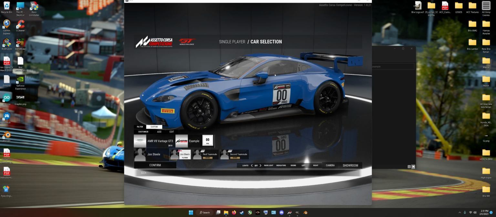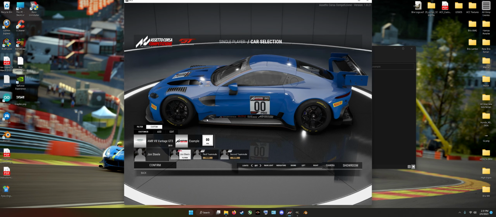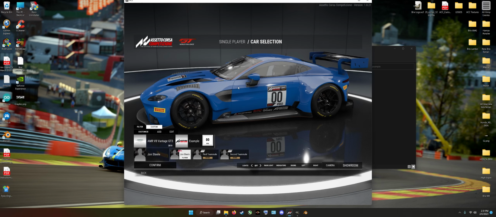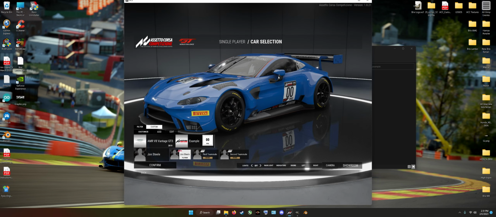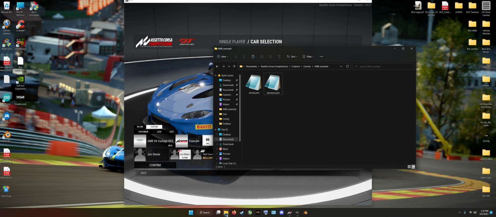Just remember that you do need to do that before you actually start running ACC. If ACC is running in the background and you change it, it won't take effect. So anyway, in ACC itself, you can see I've just got a custom livery which is just plain blue. Just added that. Once you've done that, you then go into ACC customs